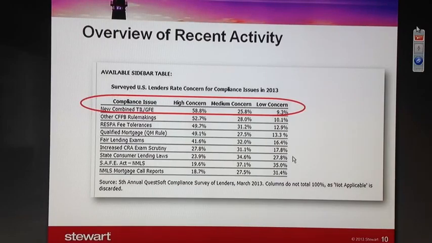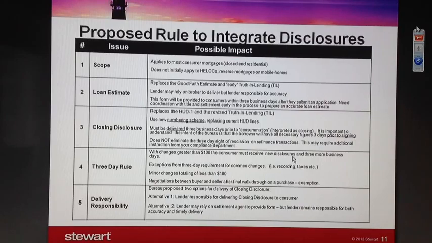It's top of mind for the lenders at this point. So you might be asking yourself, well, why talk about financial issues? Why get into and speak in any significant depth on this subject if it's a lender issue? And I think you'll see that there are some significant implications for your business as well.